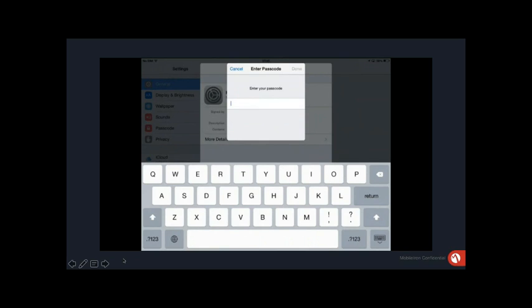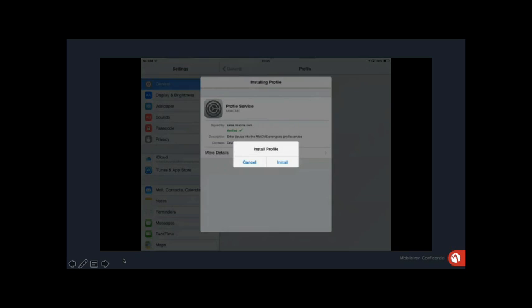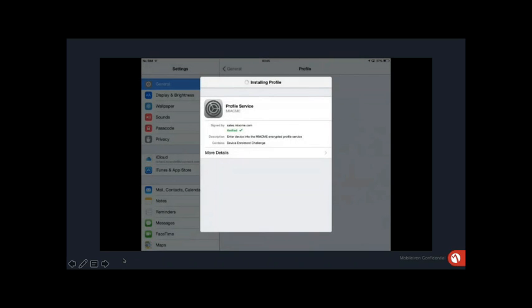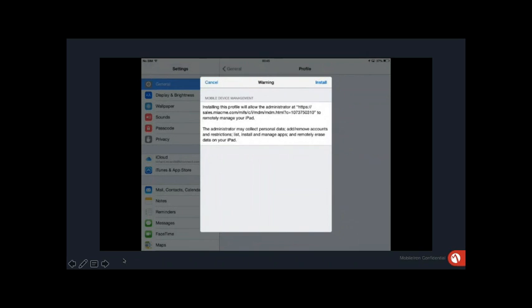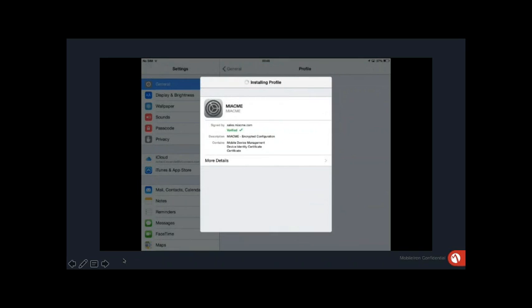Now, because my device has its own user password when I log on to the device, I'm being asked to enter this now as part of the process. However, if I didn't have such a password at the beginning, then the IT department can set it up to enforce that policy as part of the process. So here we go, enrolling the device onto the service, making sure that mobile device management is coming in. We'll install that capability onto the device and say this is a trusted device and so on, and we should see the process coming to an end. And there you have it. It is done.